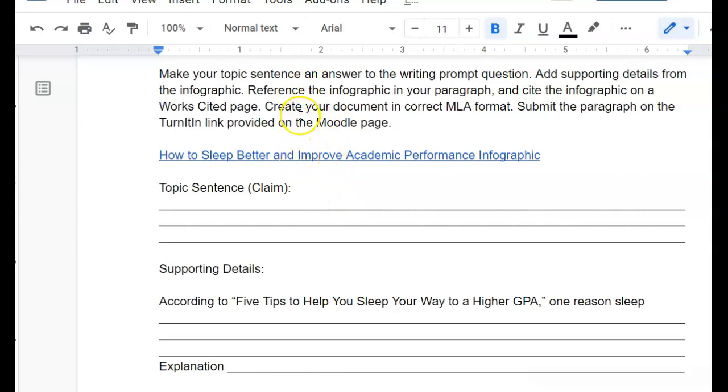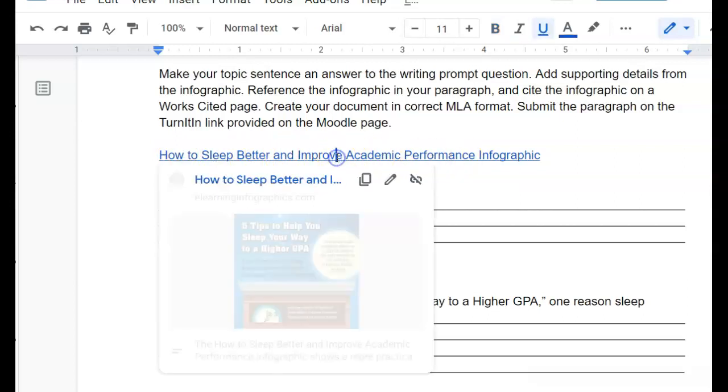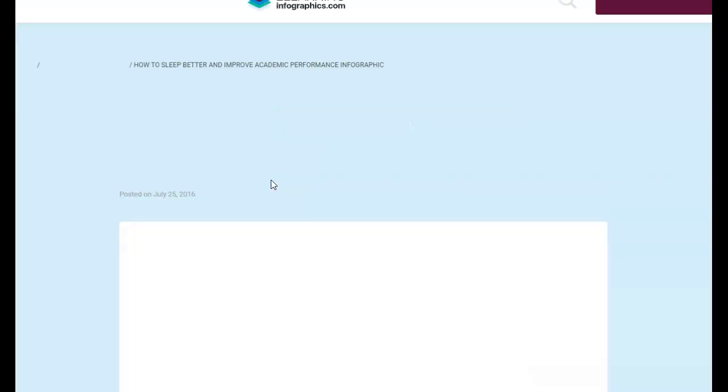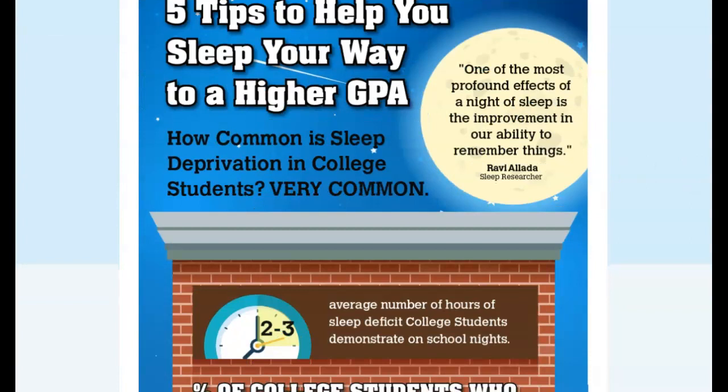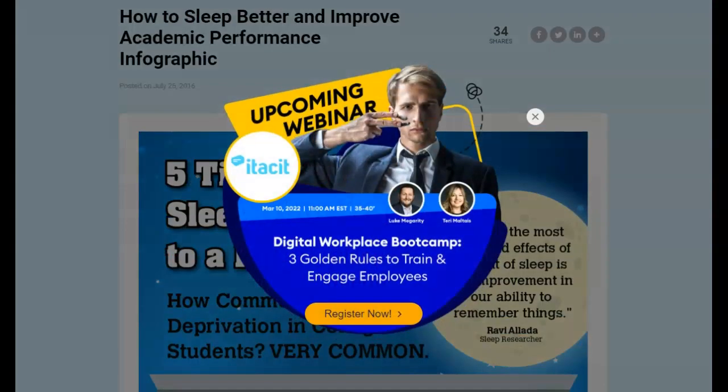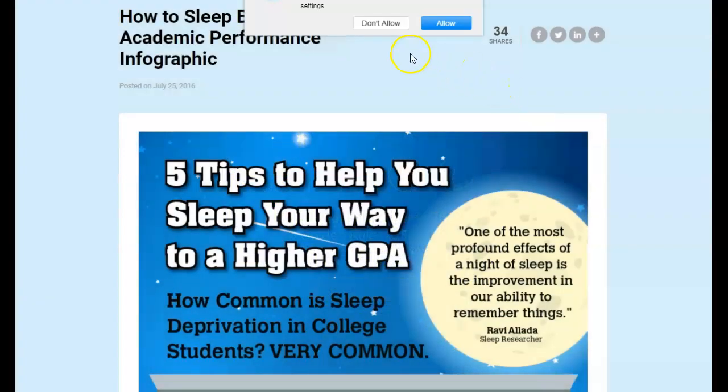It's not going to be this actual writing prompt, or this infographic, but it is going to be similar to this. In order, you can see that in the document it looks like a link, and it is. So you just click on it, and it'll take you to the infographic. So again, we're not looking up our own information yet. We're going to be doing that when we